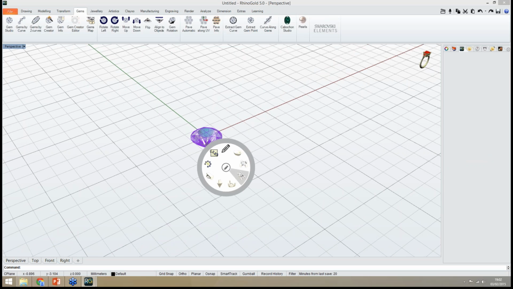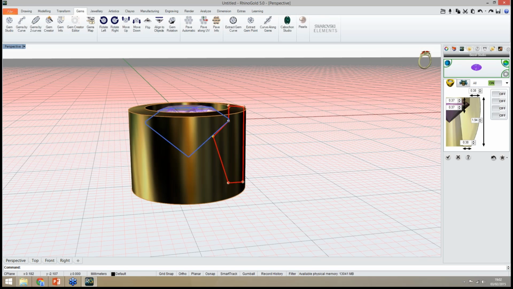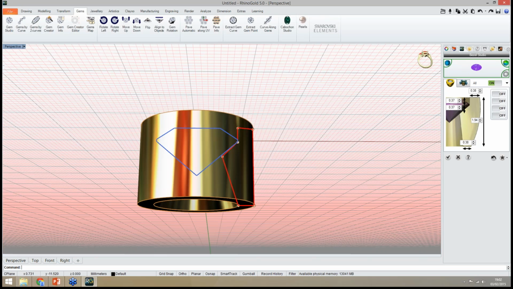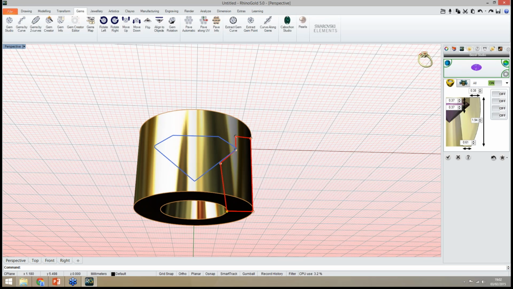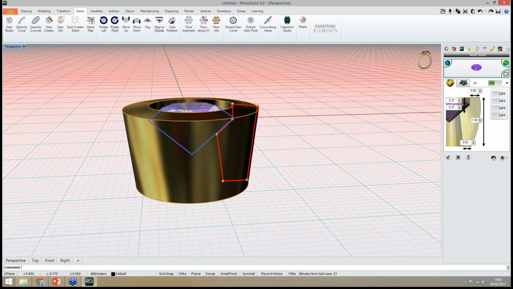So now I want to create a bezel for this gem. So I select the bezel, and easily I define the parameters from the bezel. I can define all the parameters, as you know, very easily. And after this, let me just adjust a few more parameters.